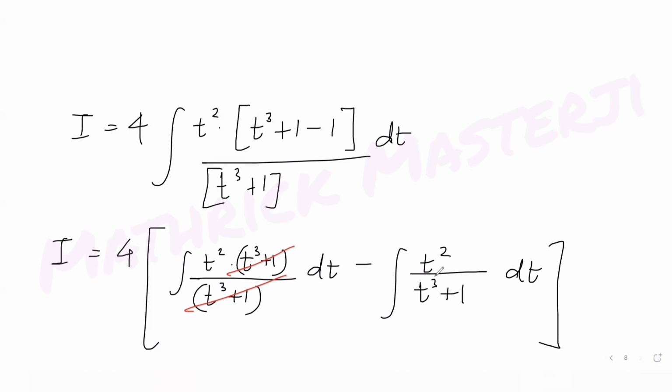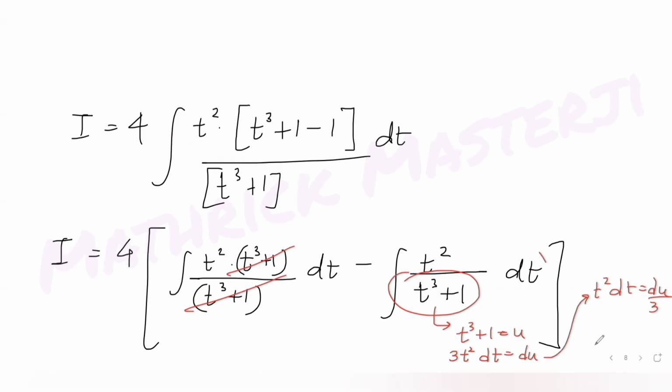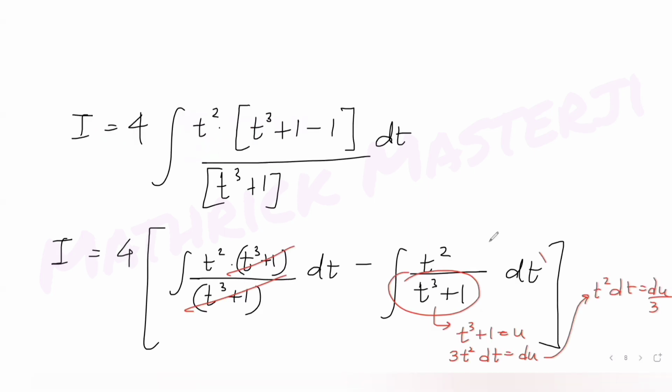So to solve this integral again, let's put t cube plus 1 as u, any other alphabet. I directly get the derivative of that present. So 3t square dt is equal to du. So I get t square dt is equal to du by 3. So I get du by 3, and if I take that on the other side, I get I is equal to 4. The integral of t square dt is nothing but t cube by 3 minus,